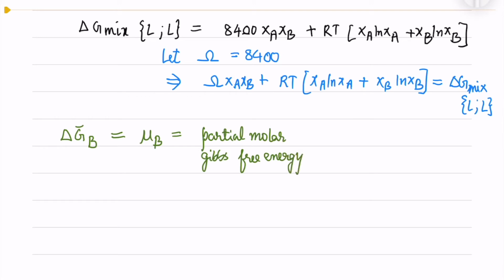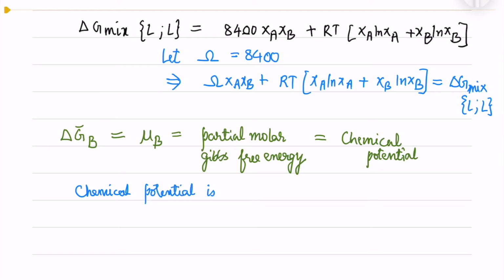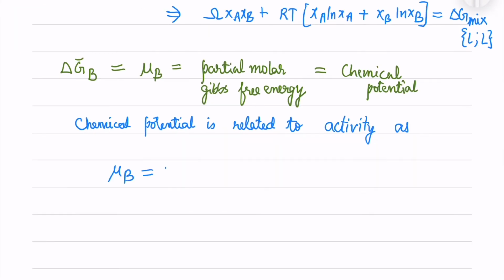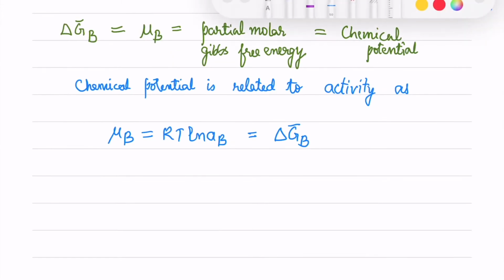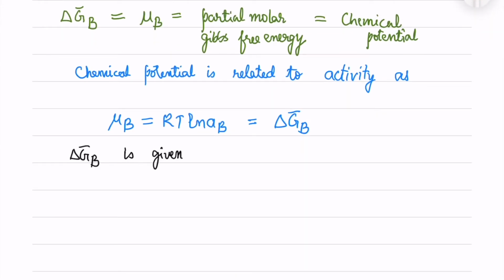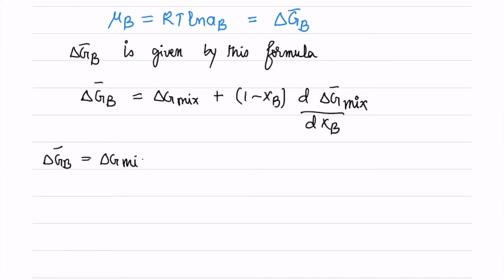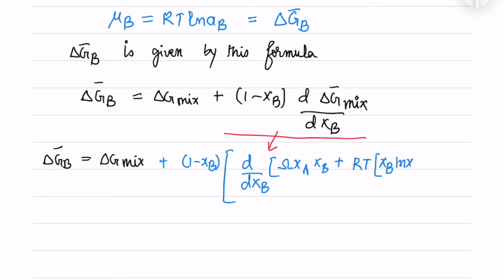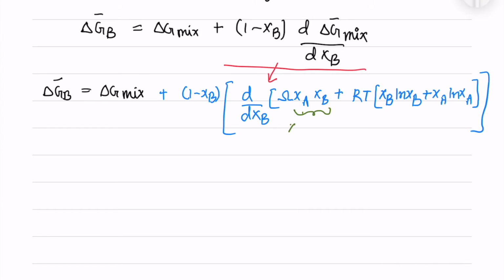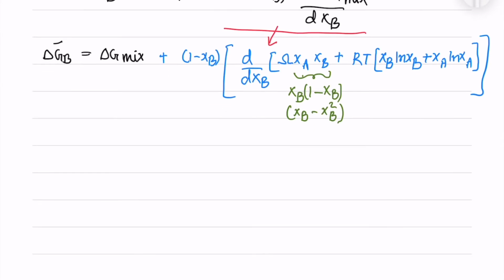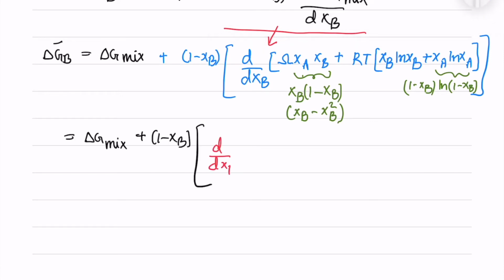The partial molar Gibbs free energy of B is nothing but the chemical potential of B. The chemical potential is related to activity as mu B is RT ln AB. Now the partial Gibbs free energy is given by the formula. So we will use this to find the partial Gibbs free energy of B. So we have to do a direct ordinary differential, and these are the steps on how to do the differential. So we are doing an ordinary differential with respect to xb, so we convert all xa into xb